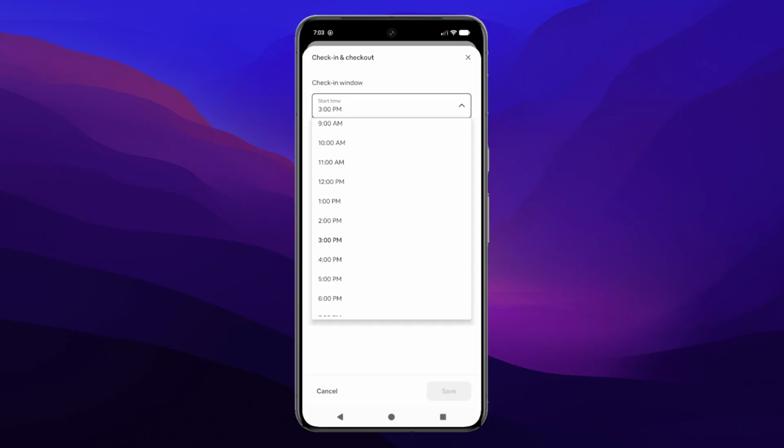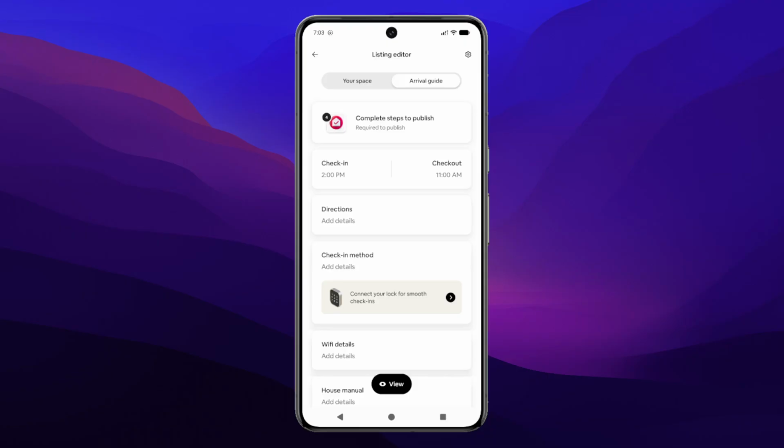After you've selected your desired check-in time, tap Save to confirm and apply your changes. This will update your listing with the new check-in time, and your guests will see this updated information when they book or review their reservation details. And that's it. You've successfully updated the check-in time for your Airbnb listing, giving you better control over